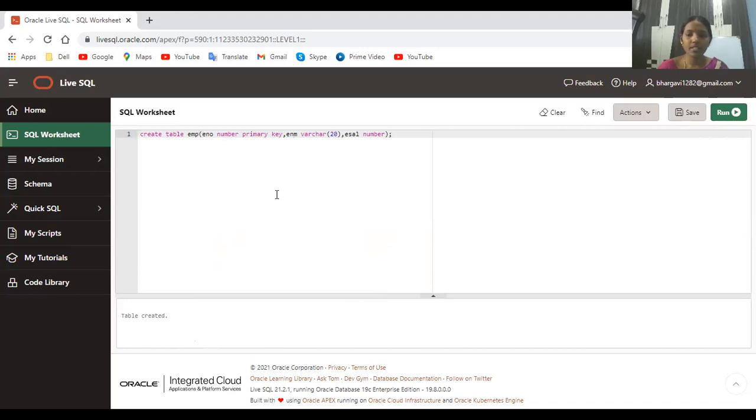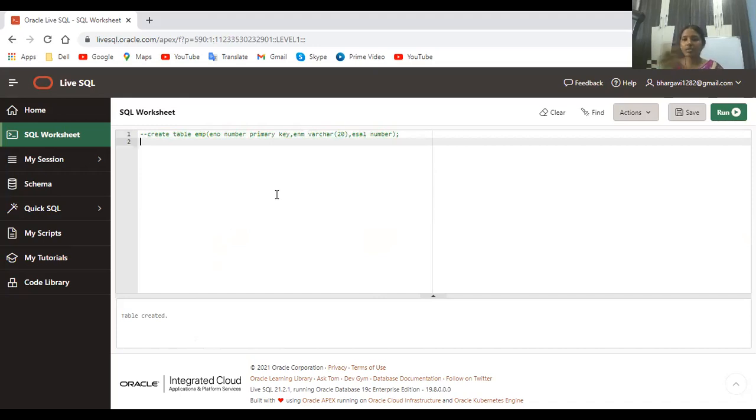Okay. Now I'll put this in a comment section. So comment section is nothing but what? If you write another query, this query is not going to be compiled. Comment sections you have in C and C++ also. Whatever you write in a comment will not be executed. Now I want to describe. DESC is a keyword which is going to describe the table. That means how many columns you have and what type of columns you have. Now describe employee and give a semicolon. Describe a table name. So what is our table name? Employee. Say run.